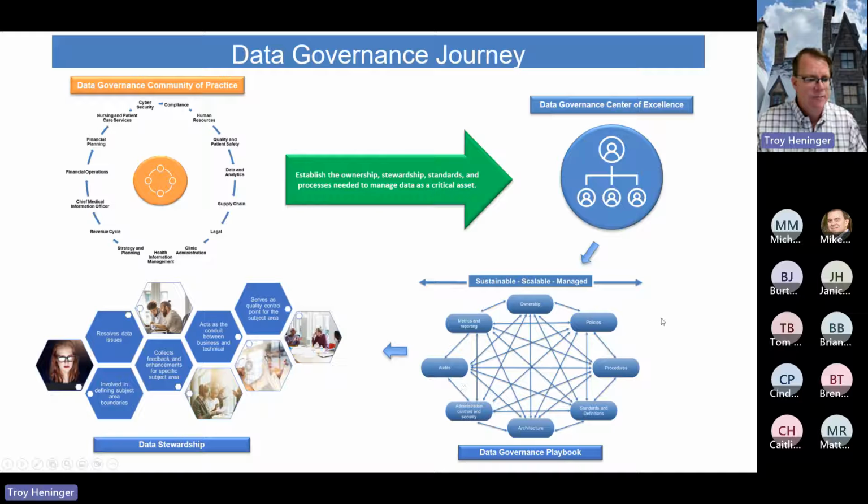This is just one of the slides from it, but there's 8 areas of managing data, and all these arrows are intentional because there is no one right or wrong place to start. And there's no necessarily stopping place for identifying what assets need to be tracked for what data element. Sometimes just knowing who the owner is good enough. A lot of times you do need a standard and a definition, maybe a policy and procedure on what does the data quality look like? How do you update it? Who has the ability to approve it? How does it fit into the data architecture? What's it related to? Do you need to have any metrics and reporting to ensure that the processes you put in place are proactive and that you're effectively change managing it? So all of these are things that we have in the playbook and go into greater detail on all the things you need to consider when you're talking about a data asset and how to make sure